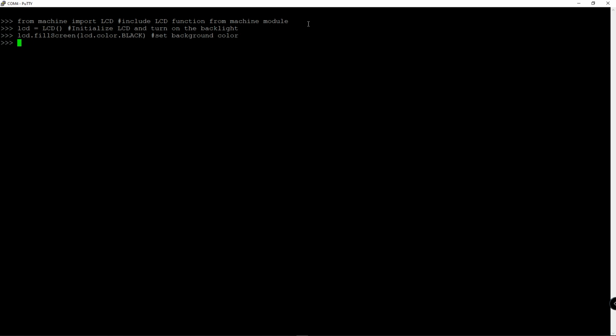After that, let's set the font size. So LCD dot set text size and set it to 4. Then let's set the text color to green.